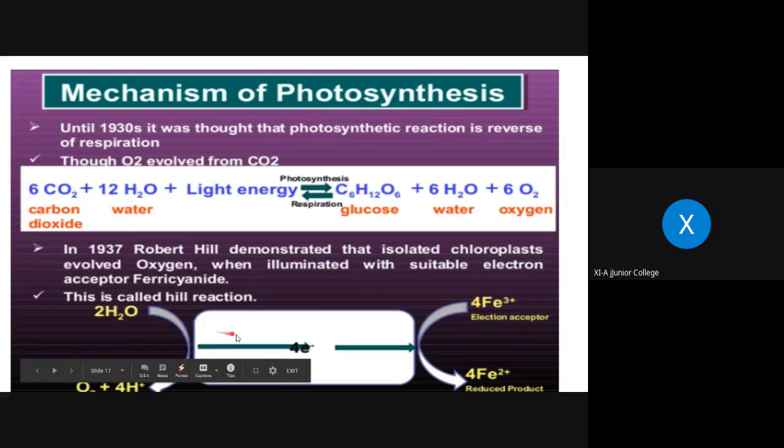Okay, when water is split, H2O is the formula, you know that. That means it is made up of H plus and OH minus ions, right? So when the splitting of water takes place, oxygen forms: two molecules for equilibrium give O2 plus 4H. When electrons are removed, these electrons are accepted by the ferricyanide, which gets reduced to ferrocyanide. From this experiment, he could prove that there is splitting of water